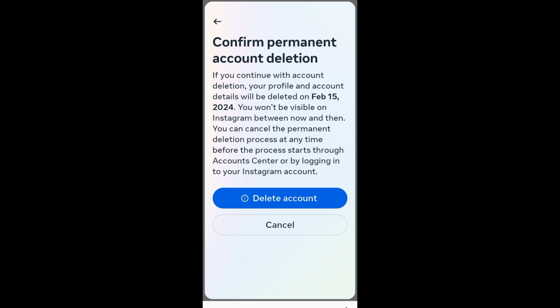So as you can see here, if you continue with account deletion, your profile and account details will be deleted on